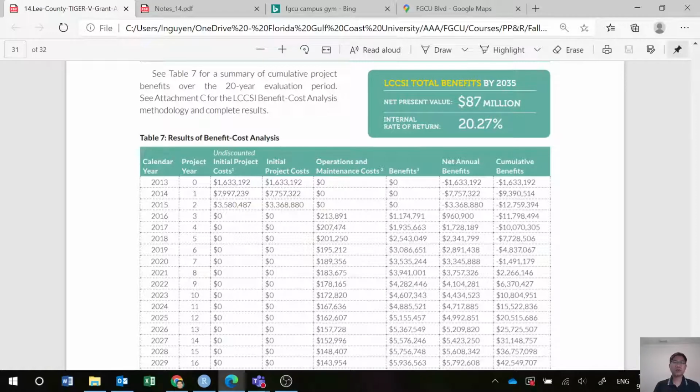The first three methods that we learned are net present value, internal rate of return, and benefit cost analysis. So this one gives you an example of using the benefit cost analysis. And in the next video, we will work on one problem: how to determine B over C with conventional and